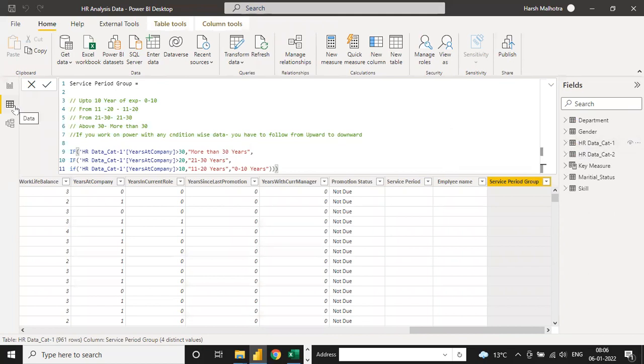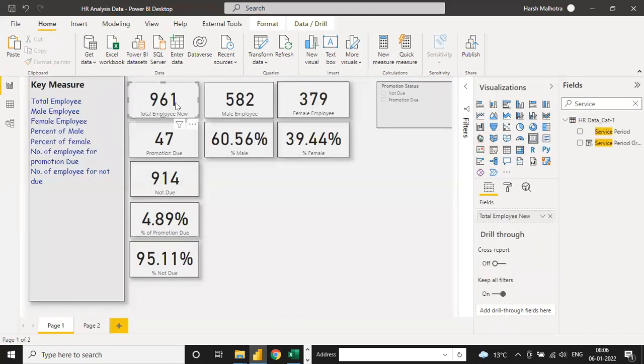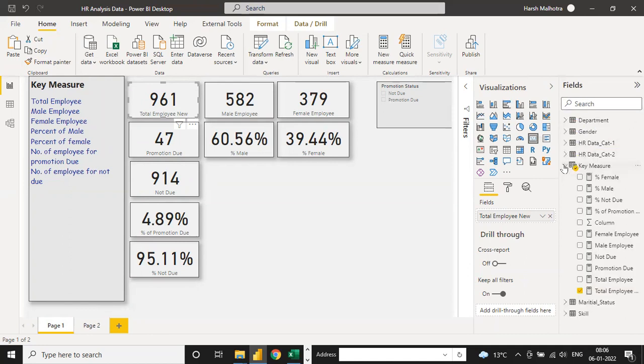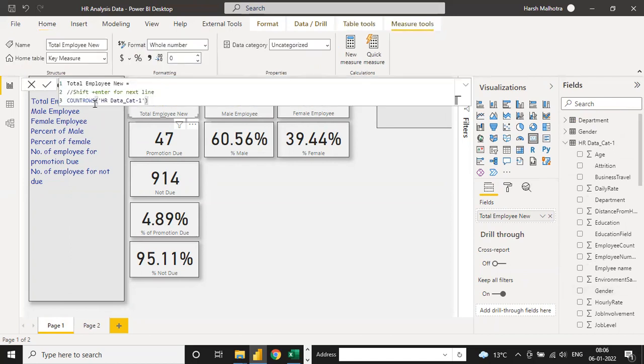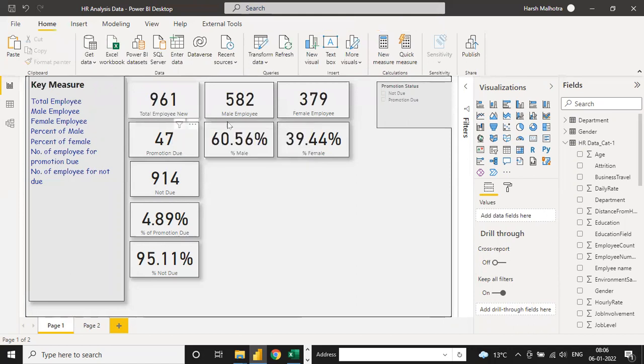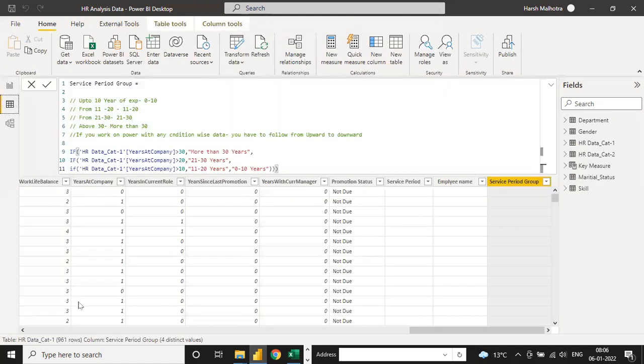Okay, let me check. Just a minute. Click on this data, Key Measure table. So select this option, Customer HR row category 1 data, employee count. Let me check with this. Okay, so you get 1470 data.